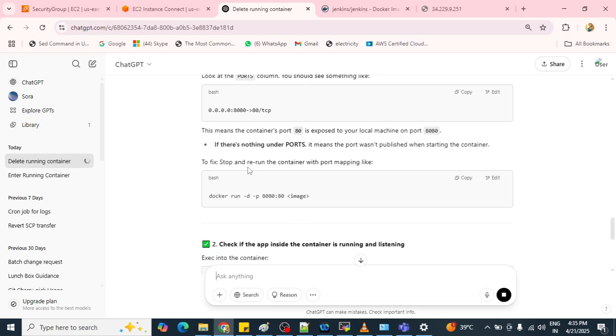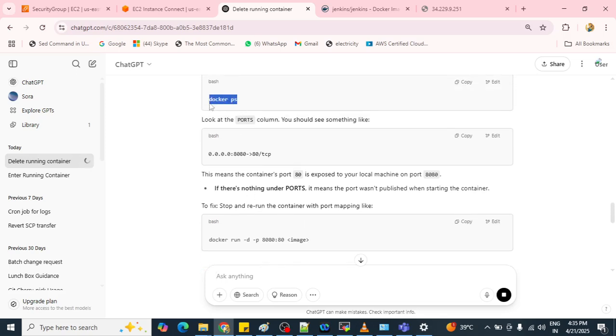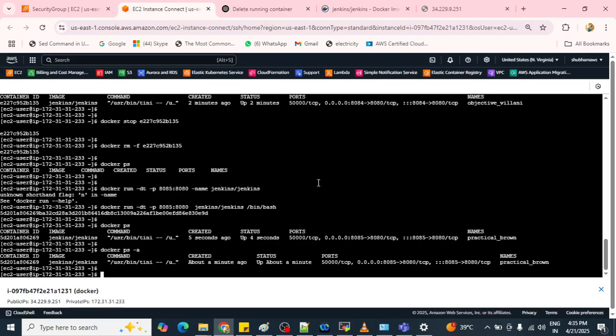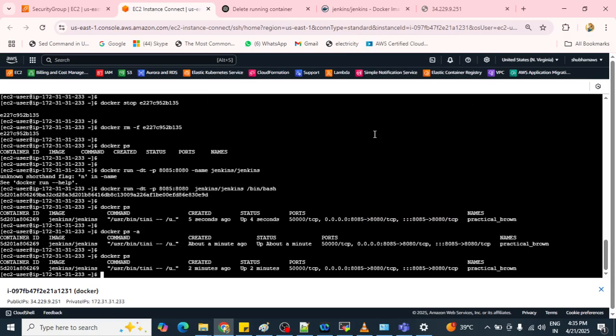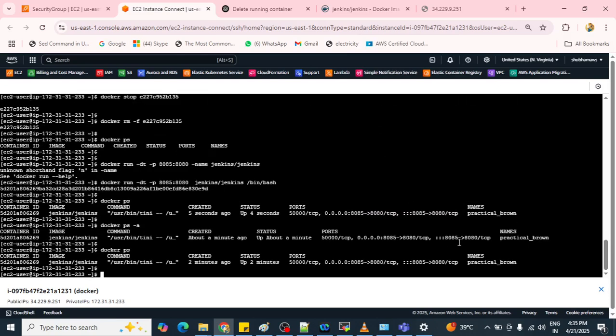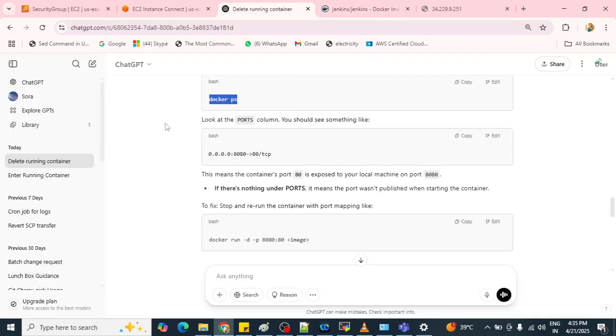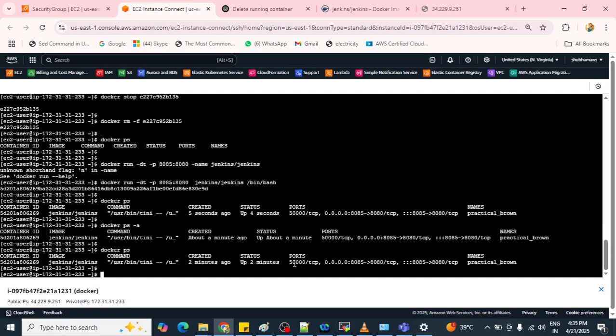So he is saying to see the docker ps command, that I have already checked. We have already executed that, our container is running. Now the next troubleshooting step, he is saying to look at the port column, like this one. Okay, it is also fine.